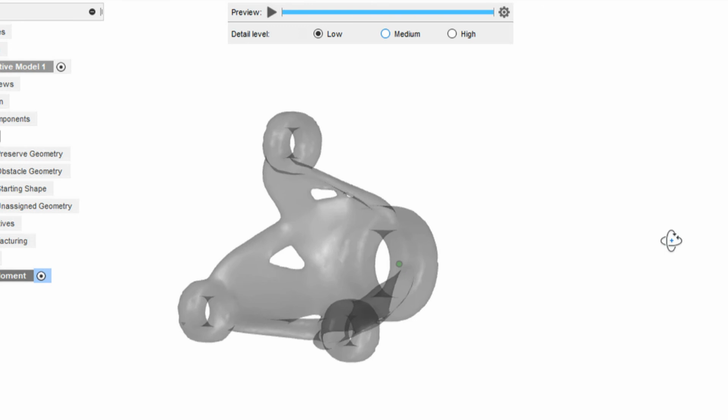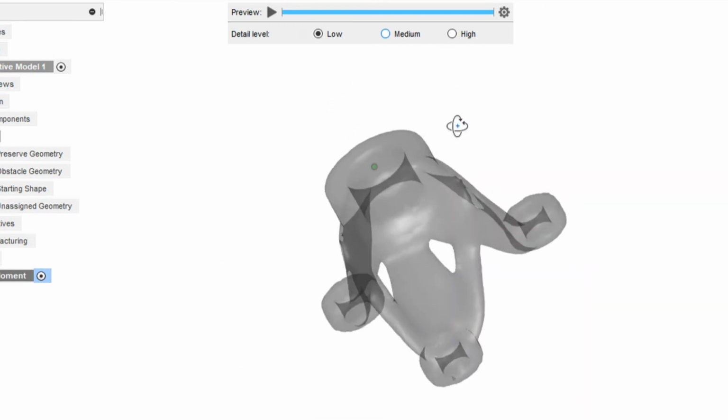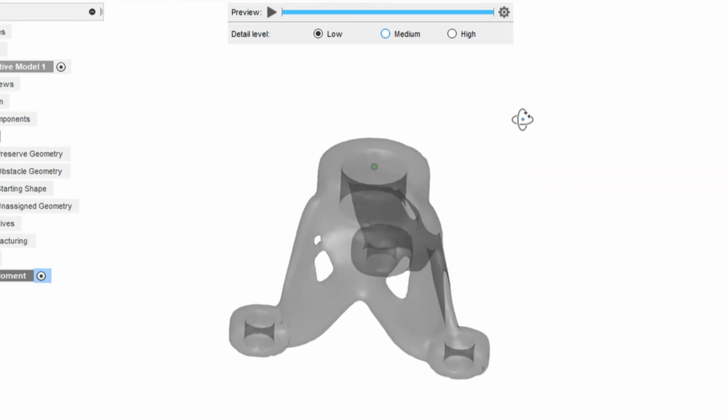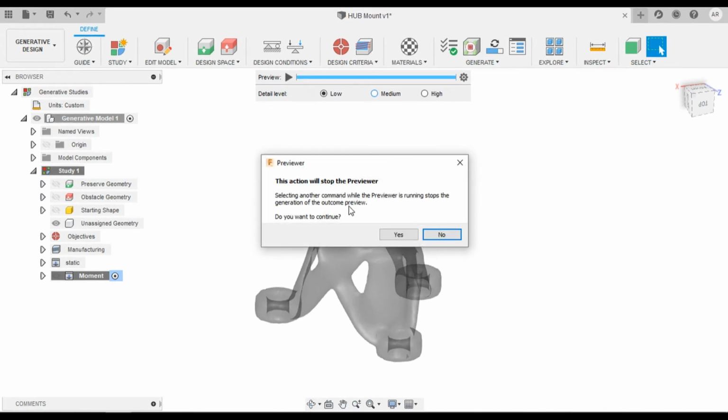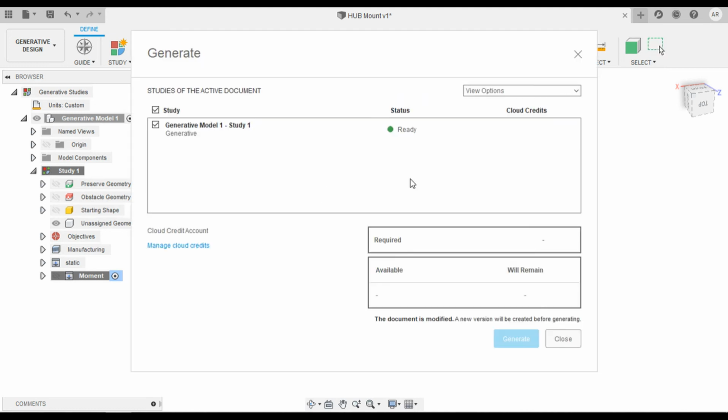Yeah, the preview was successful. It means that it has no issues for generating this design. We can generate the design. It wants you to stop the previewer. I'm going to click S to stop the previewer. It automatically saves the design up to that point. Before generating the study,